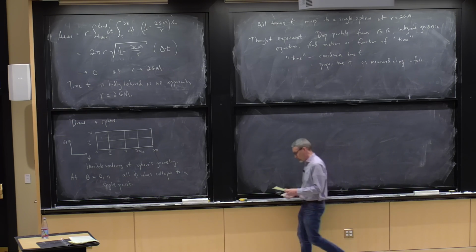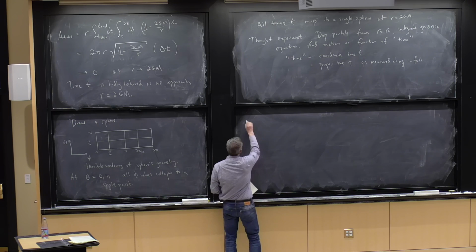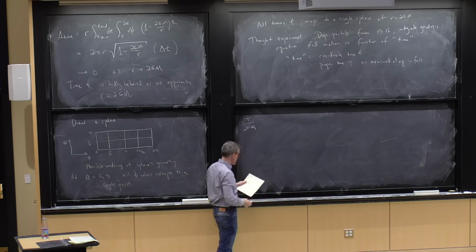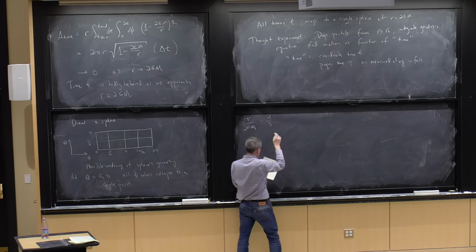So let's first write down what the solution looks like, parameterized by the proper time. This is most easily written as tau, proper time, over 2GM. Essentially, I'm just going to use it to set a system of units. I write this thing as a function of r. My solution turns out to be